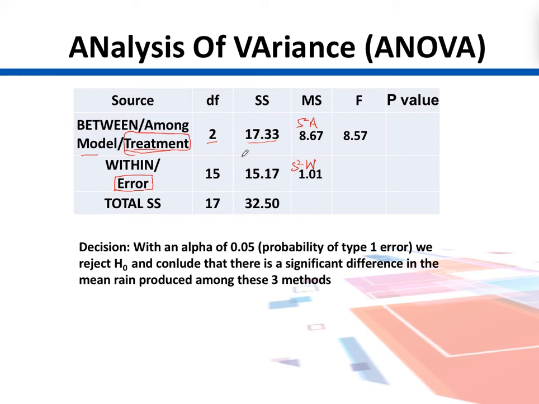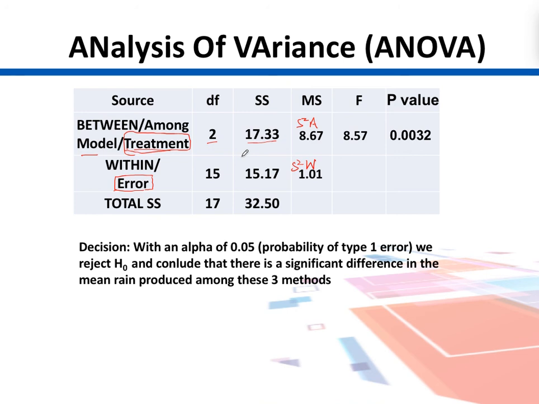Now we can go into the F table and find the F critical and then compare it. F calculated should be greater than F critical if we want to reject the null hypothesis. Or we can rely on the p-values. Mostly software returns the p-values. The p-value, if we go to the table or Excel, we get as the area to the left, that is the p up till this F calculated. So in order to get the area to the right, we do 1 minus whatever our p is at that F calculated.